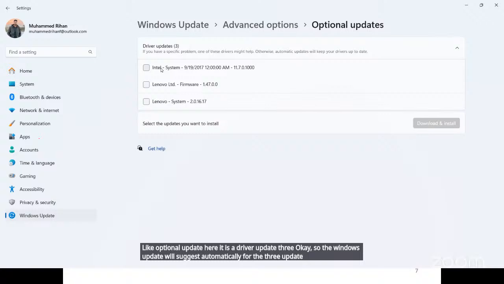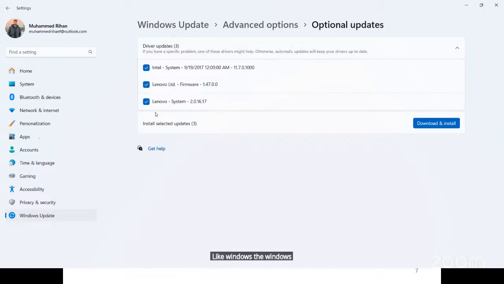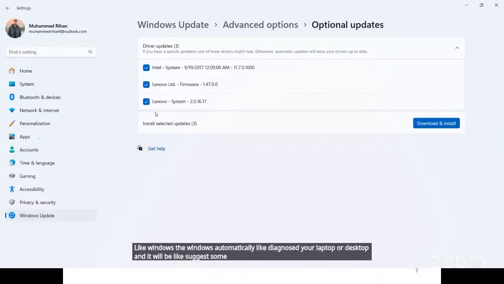I need to update the Intel system, after that the Lenovo firmware and the Lenovo system. So these 3 drivers have been given by Windows. Windows automatically diagnoses your laptop or desktop and suggests some performance improvements.